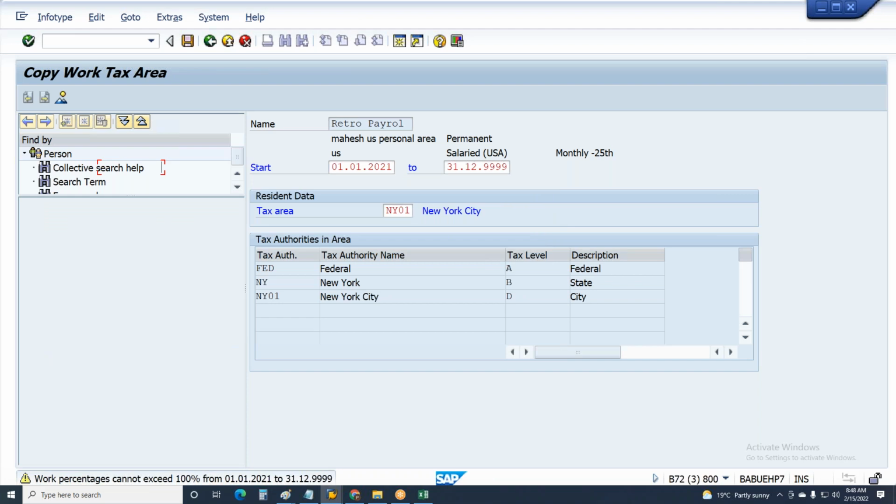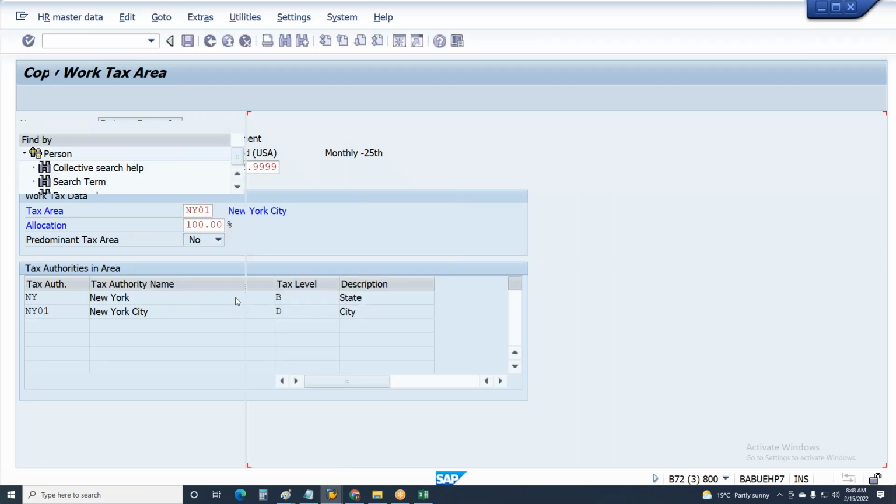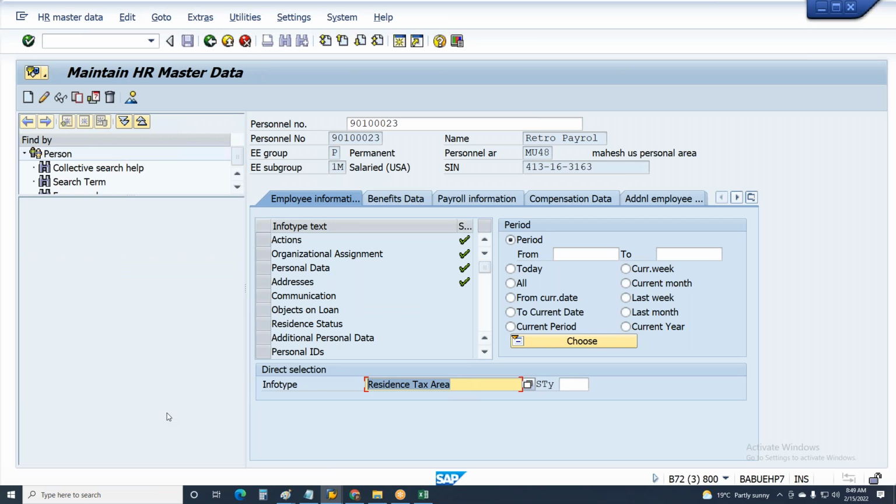The next mandatory info tab for USA is 210. Okay, the next mandatory info tab is 210. So go to